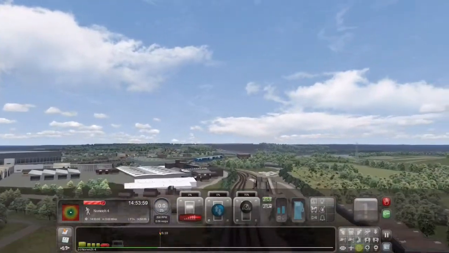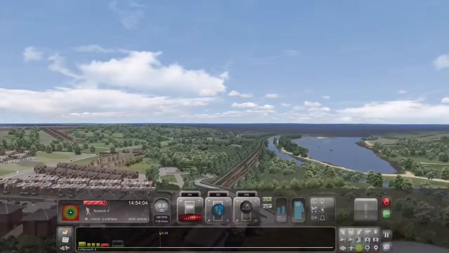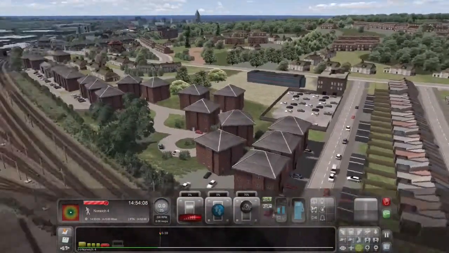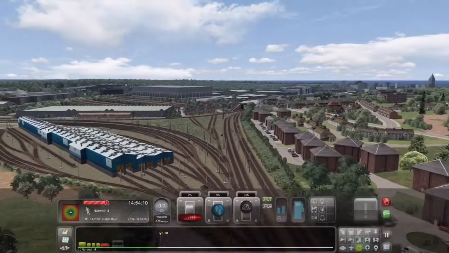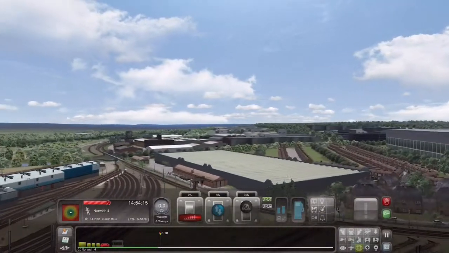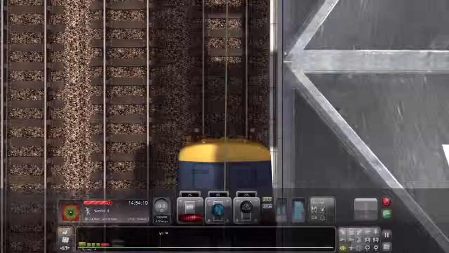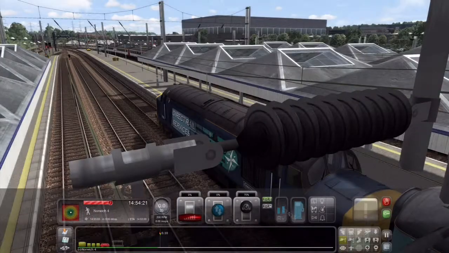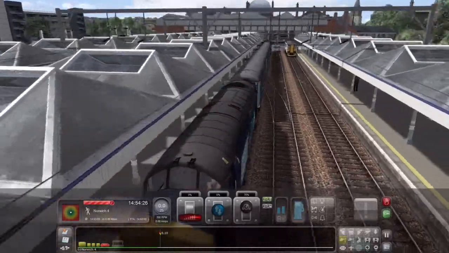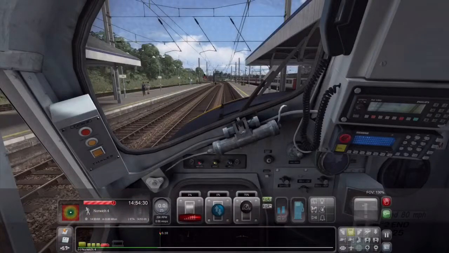Who makes the Wherry Lines? Well, it's by a company called Armstrong Powerhouse. If you don't know who they are, I would highly recommend you going to their website. They do high quality sound packs and scenario add-ons and actually some locomotives and rolling stock for Train Simulator. They tend to focus on reality. So all the scenario packs are kind of based on real life timetabled services,